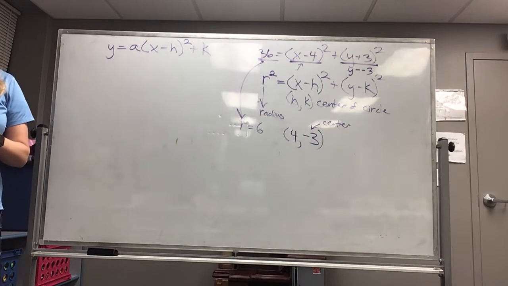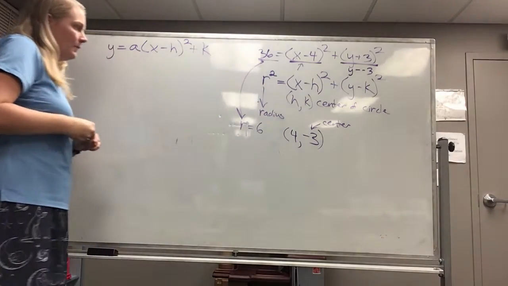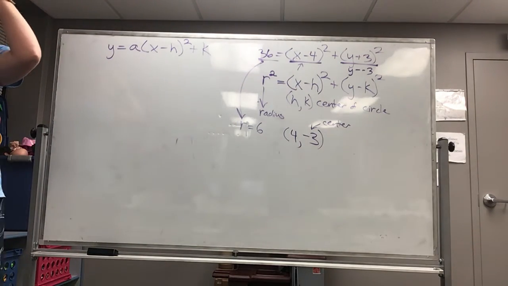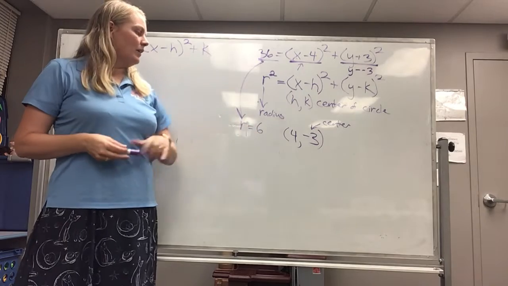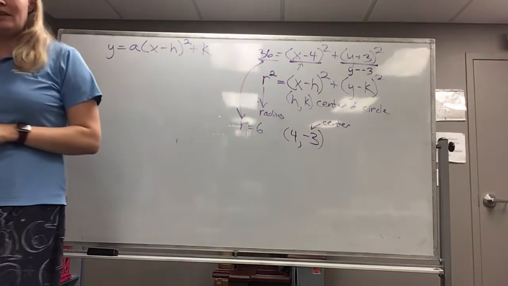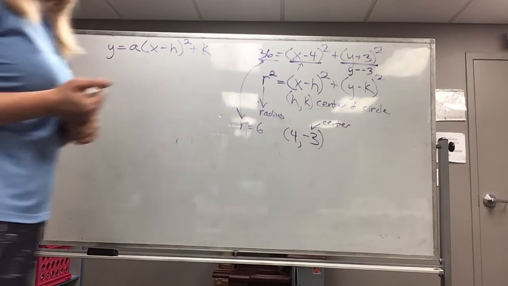I haven't seen anything that asks you to graph it, but understanding what's going on, that there's this center here, and the radius is a distance of 6 in all directions from that point, is useful. So, first example,